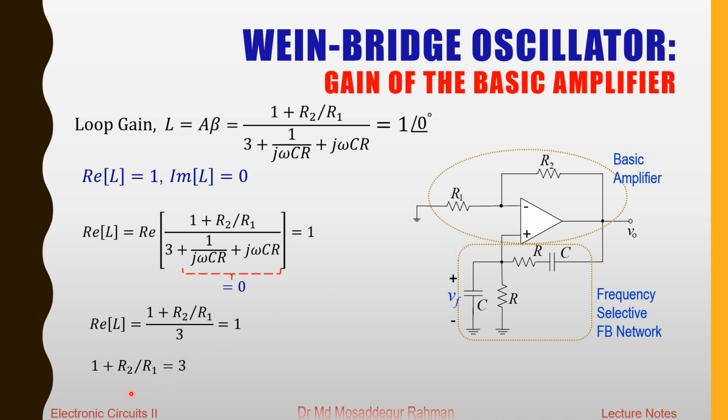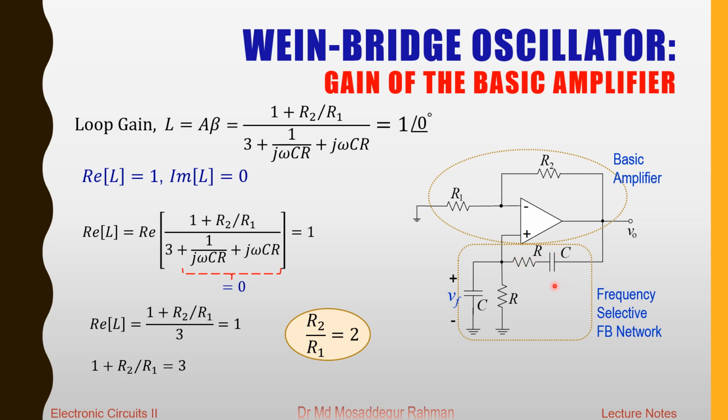So that is another deduction that we get from this analysis. This also we can express as the ratio R2 by R1 should be 2. So if we satisfy this condition that the ratio R2 by R1 is 2, or the gain of the basic amplifier is 3, then we will have a sustained oscillation at the frequency of 1 over